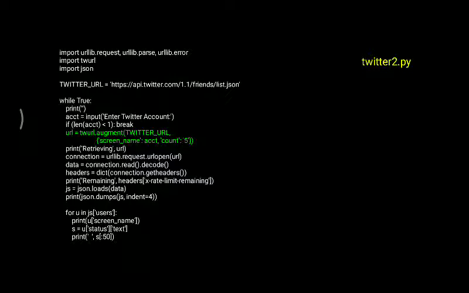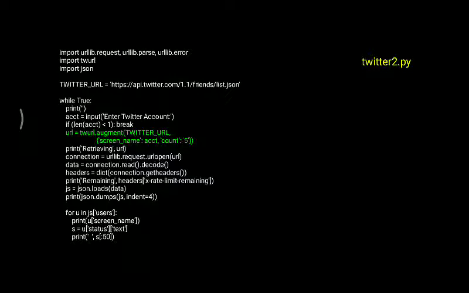We have to import one module called urllib.request, comma urllib.parse, comma urllib.error. Along with that, we have to import two more modules, twurl and json. twurl will give you the Twitter content of the Twitter URL, and we will be extracting the data using JSON, so you are supposed to import json.